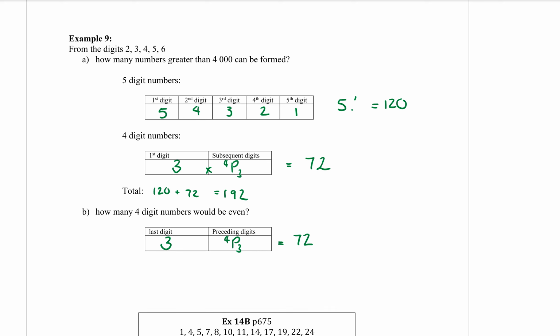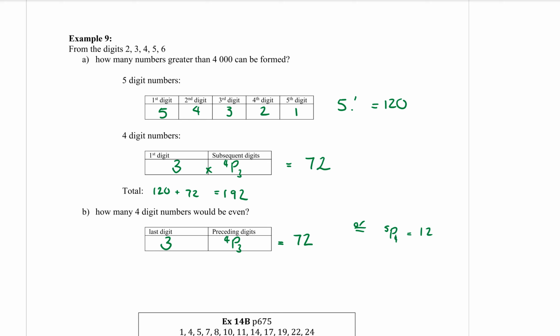Here is another little trick that can come in handy, because some questions get a lot of different parts moving in there. If I have 4 things that I want to put in order, for part B, from 5 numbers, that would be 5P4 ways, without worrying about whether it's odd or even. If I just have 5 numbers and I want to put 4 of them in order, I'd go 5P4,